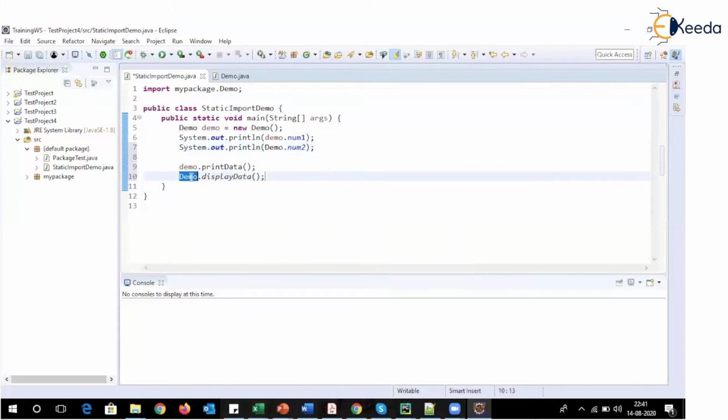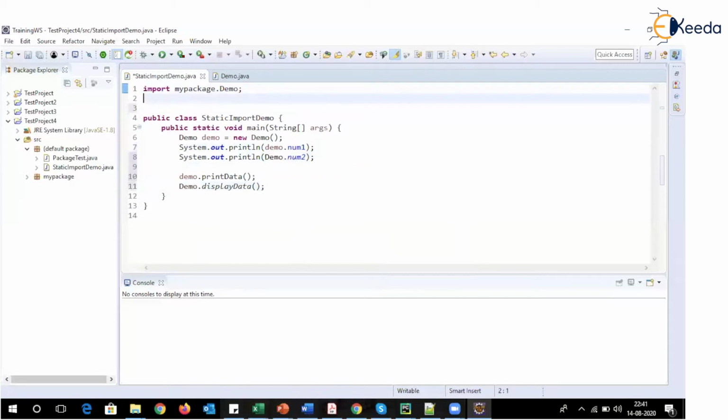Every time I will have to write the class name dot variable name, class name dot method name. So we can import it in a static way and treat these entities as if they are part of the existing class. The syntax is import static mypackage